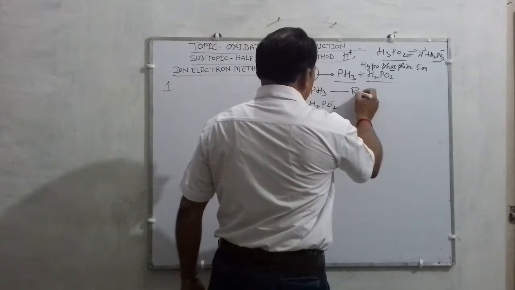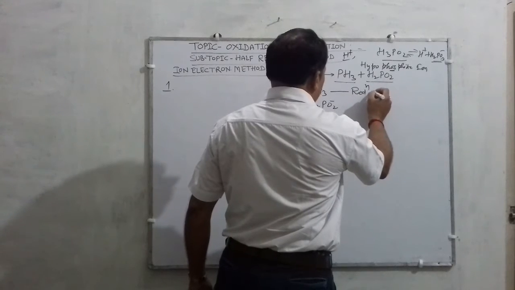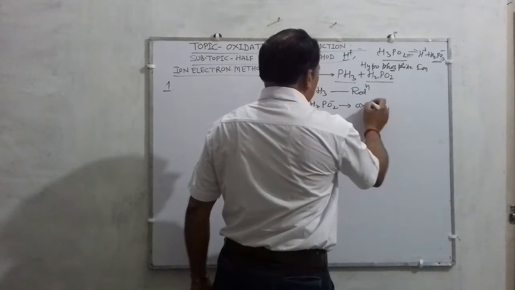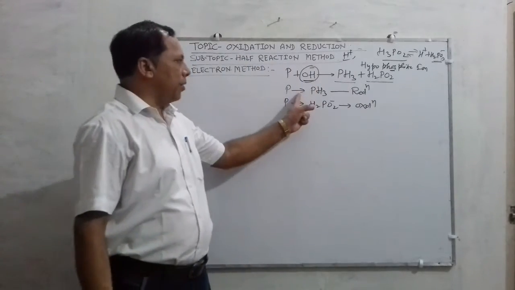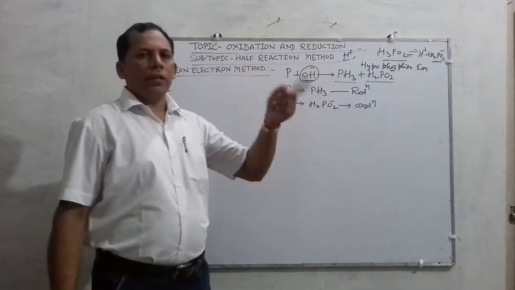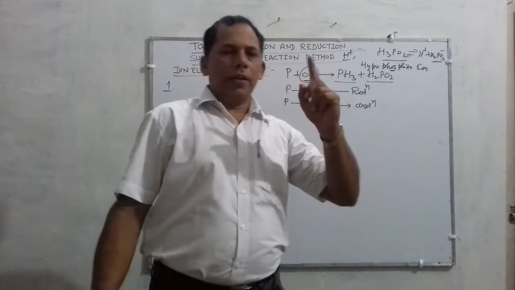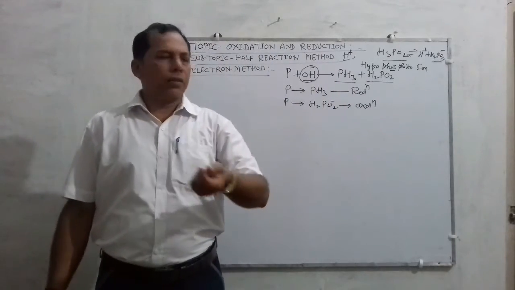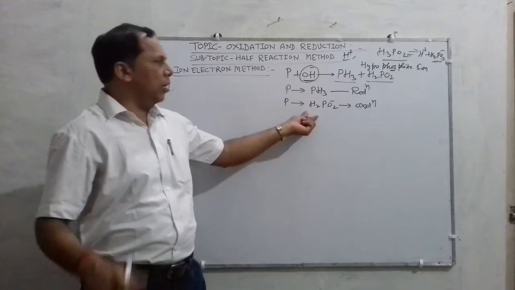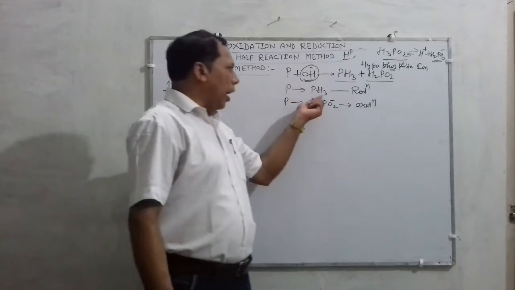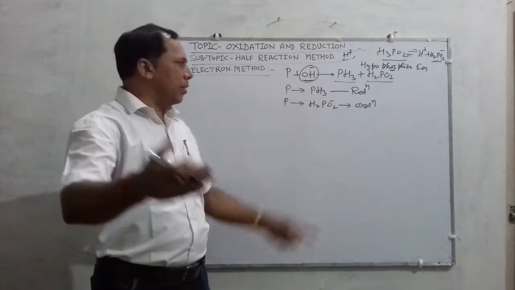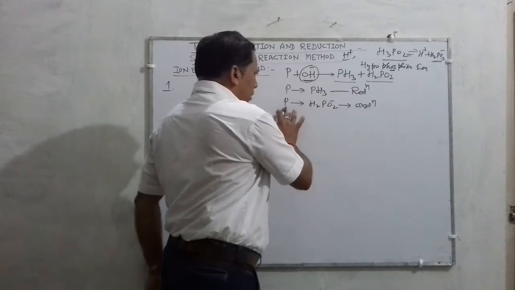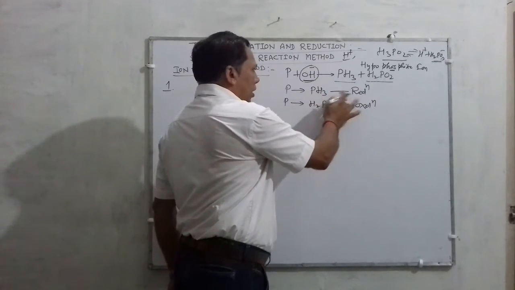So no doubt this reaction is a reduction reaction, and this is called the oxidation reaction. This is classified on the basis of electronic theory: the reaction in which electrons are gained is called reduction, and the reaction in which electrons are lost is oxidation. But according to classical theory, those reactions in which hydrogen is added are reduction, and those in which oxygen is added are oxidation. Here hydrogen is added, so it is reduction.